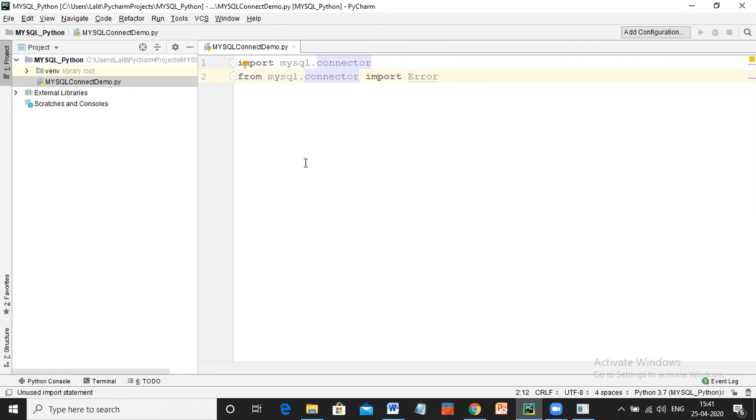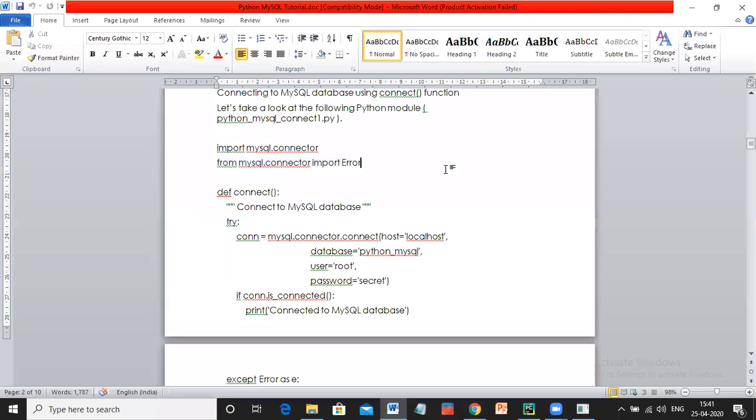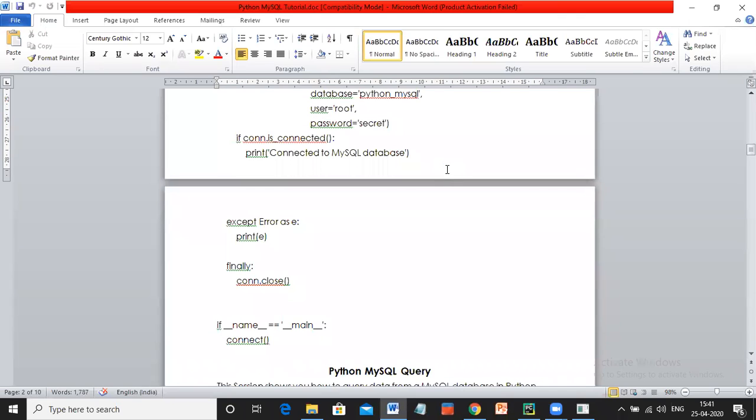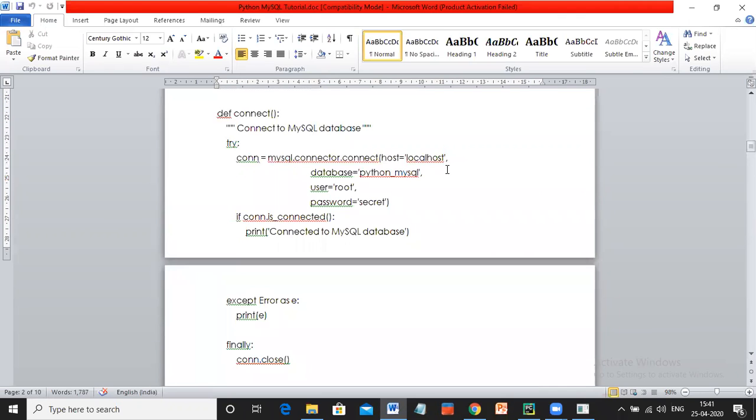Yes, sir. Okay. So next important thing. I'll just create a simple function here. This is the first program, and always remember there are 6 simple steps. Once you remember these 6 simple steps, you can easily connect to a MySQL database and perform any operation from Python into MySQL.